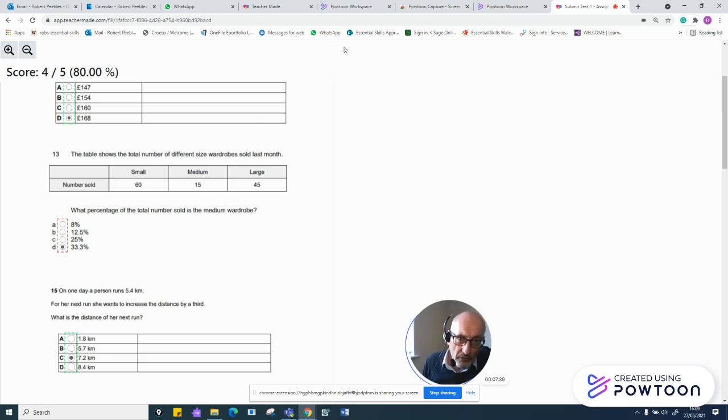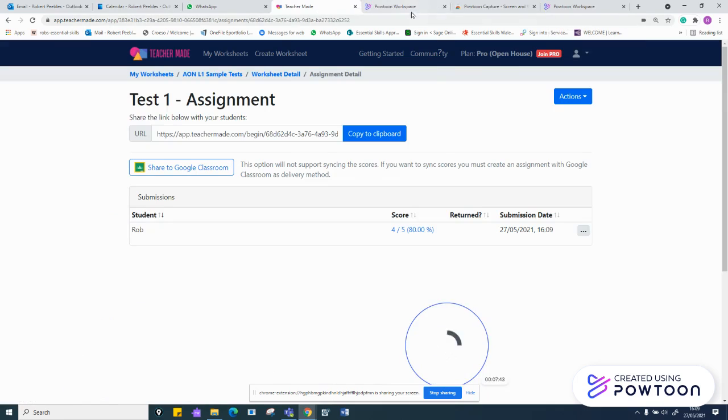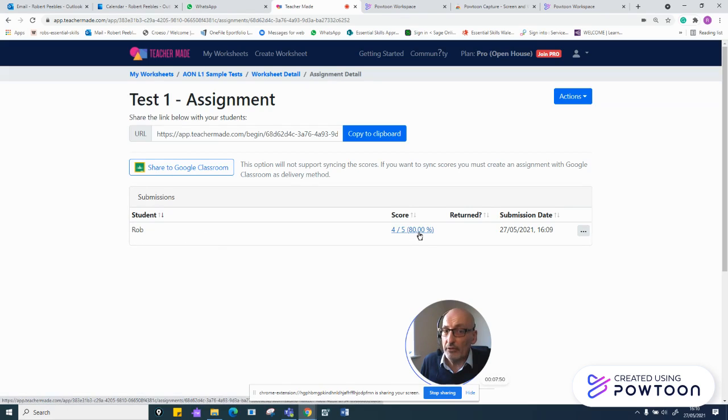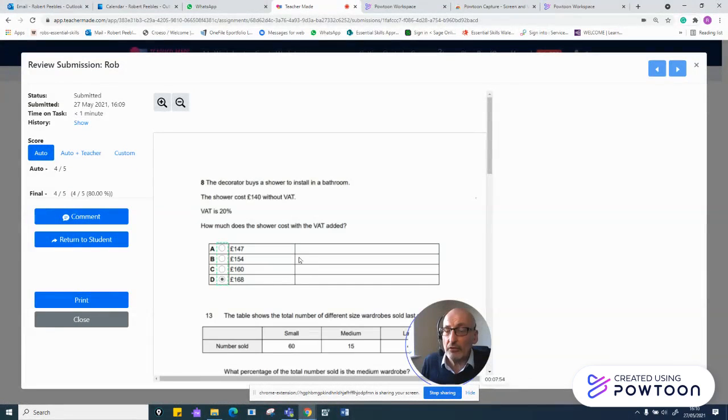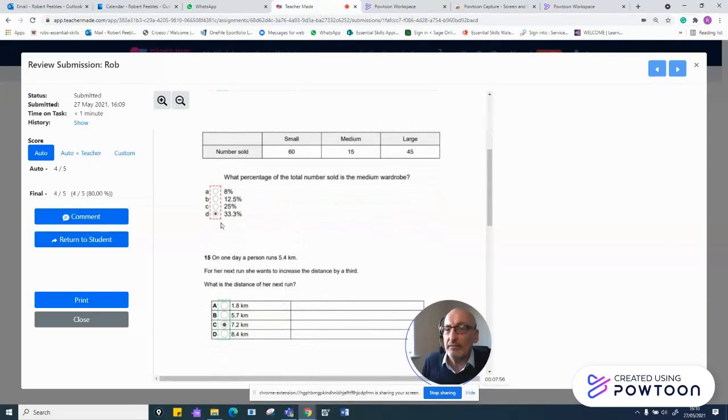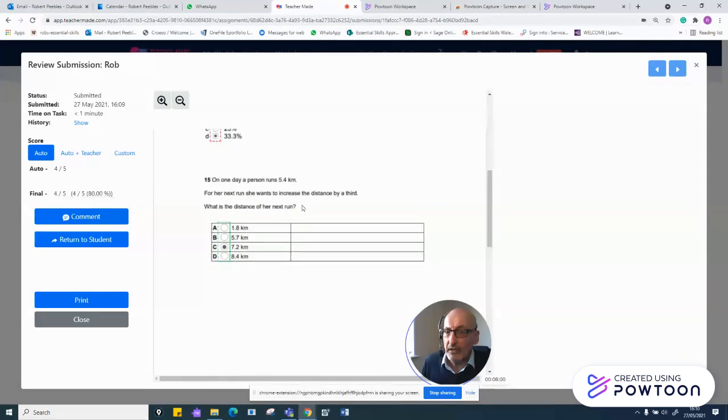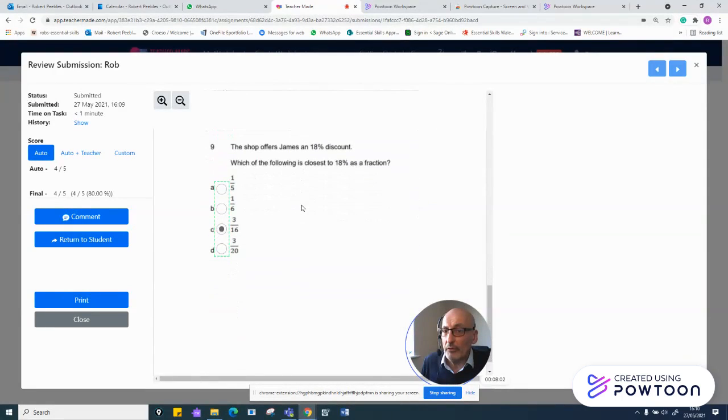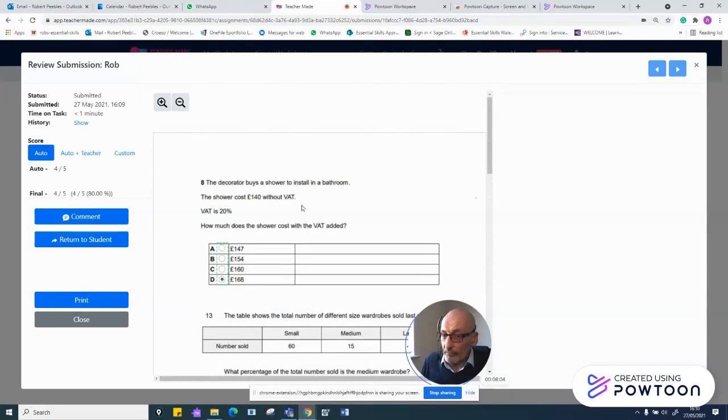I then come out of that, go back to my worksheets, and in my worksheets I can see that Rob got 80%, 4 out of 5. I can then click into that and have a look to see what he did wrong. Ah, he got that percentage one wrong again. He's useless at percentages, but he got all the others right, so well done. So with that in mind, I can return that to the student,